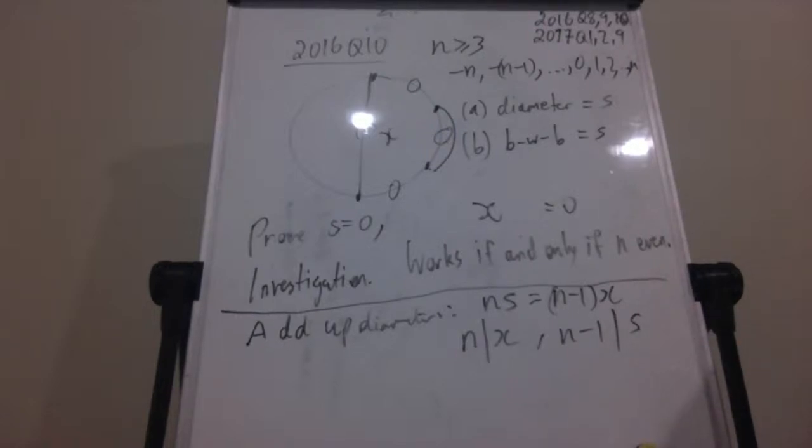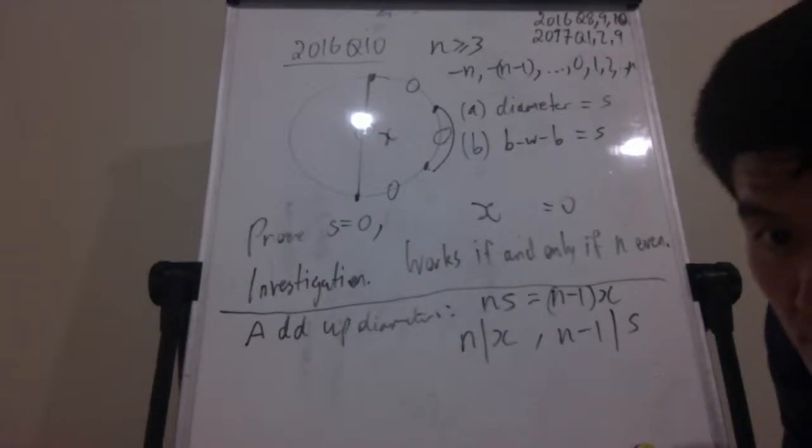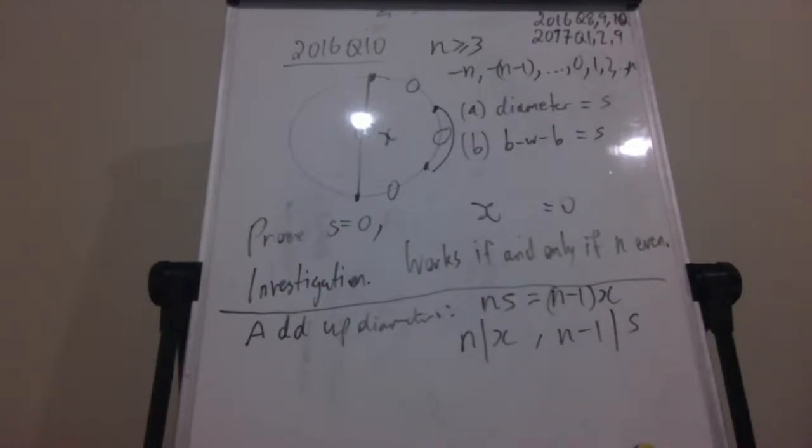Well, there's kind of a problem with that, because if you replace s with a times n minus 1, and you replace x with b times n, well, you just end up with